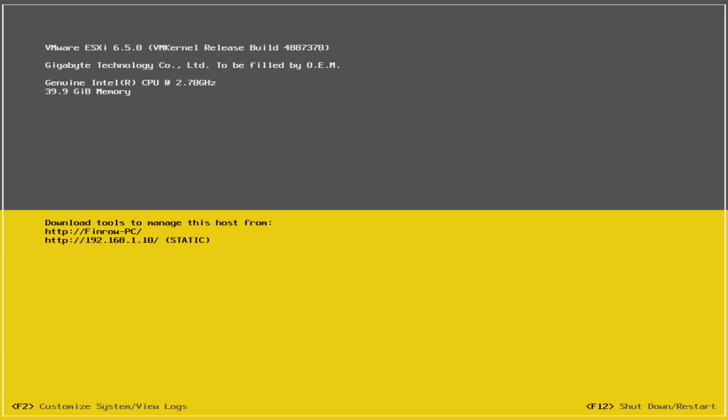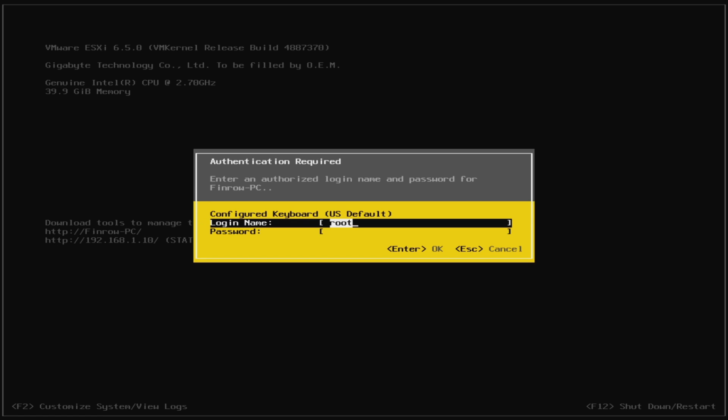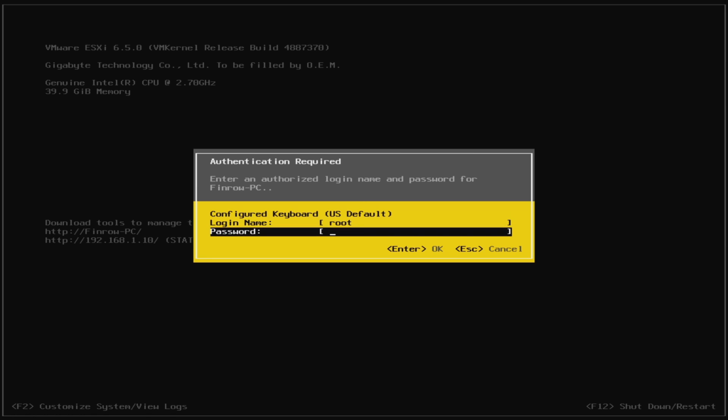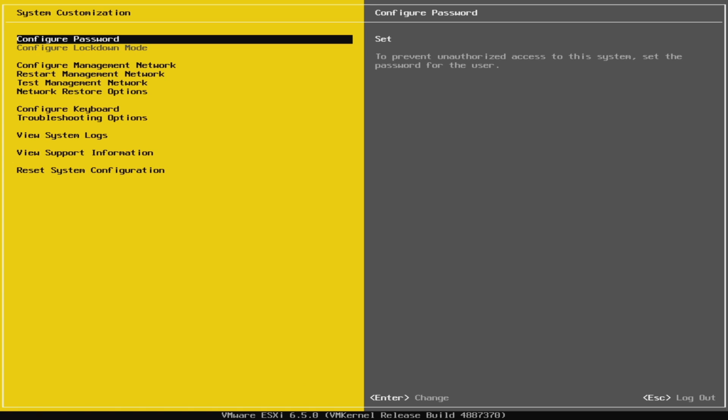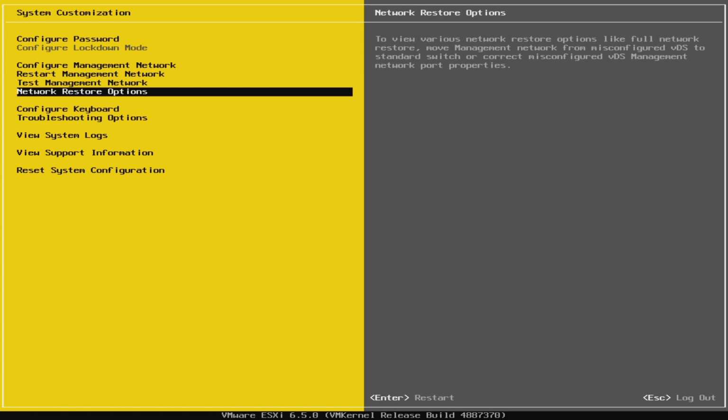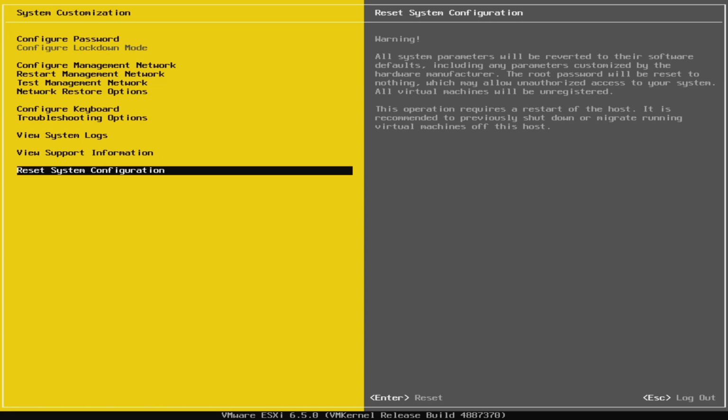Now that the server has rebooted, I'm going to press F2 and put in my super secret password. One of the nice things about the hypervisor itself is that you can reset the system configuration. Basically what this means is that it's going to reset everything back to default. You would only use this feature if you were to really mess up the hypervisor itself and you weren't able to connect to it from a web browser. But other than that, you're going to hardly use this